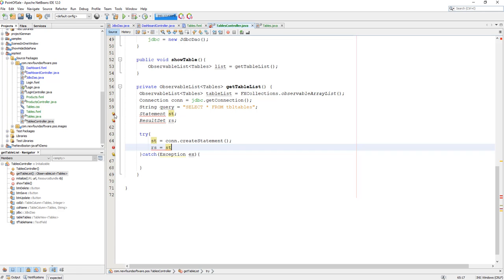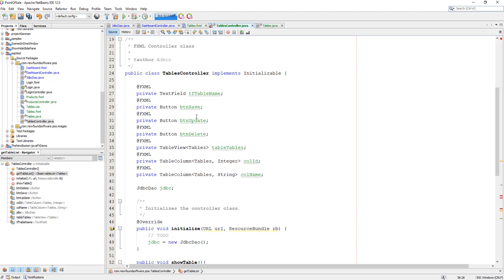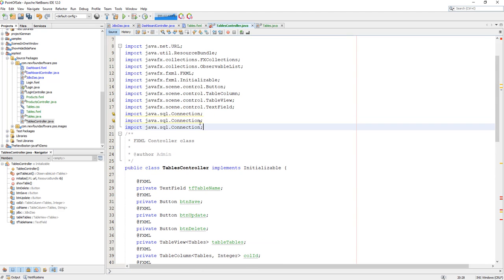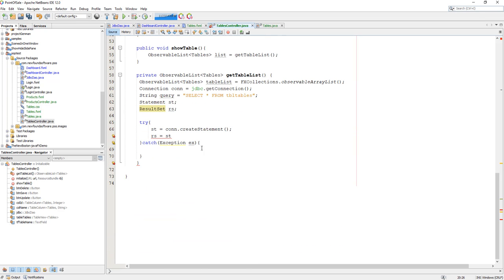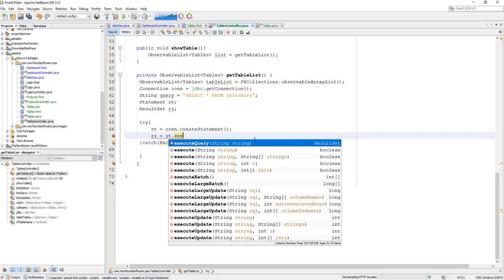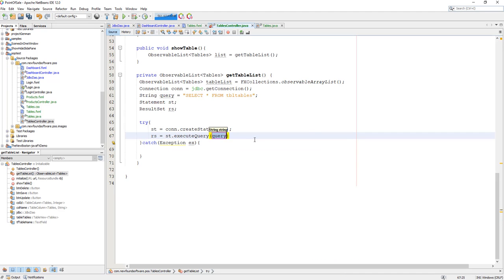We need to import first this, statement and result set. There you go. So st dot execute query, and then specify the query string, select all from